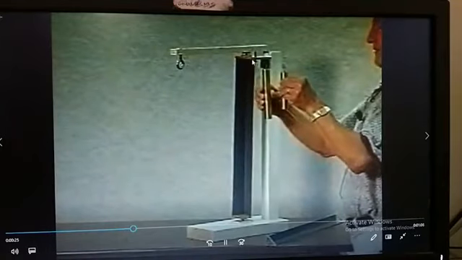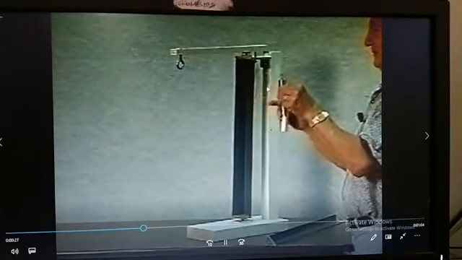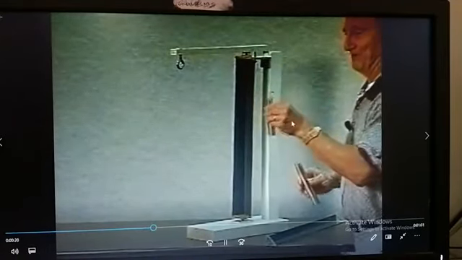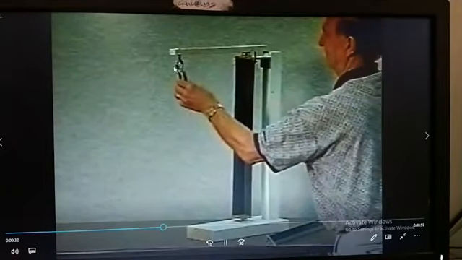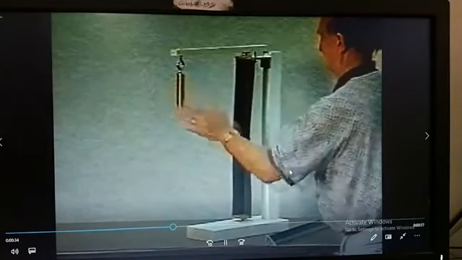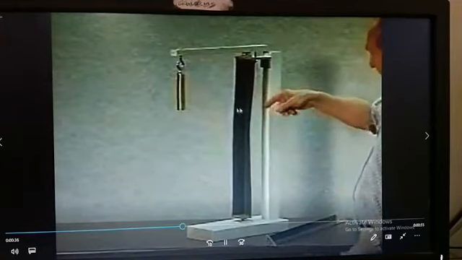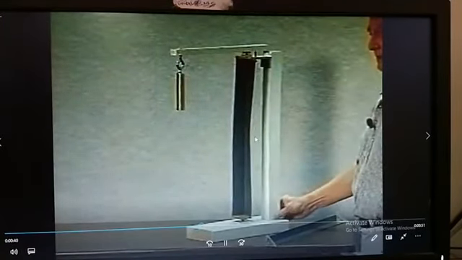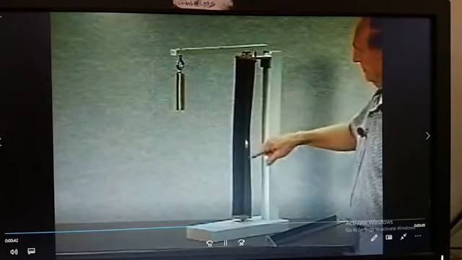Your member is placed between supports, and he has two different weights in his hand. He placed a lighter weight. For this lighter weight, the angle with the larger cross-sectional area buckles. See how the member was buckled, right?